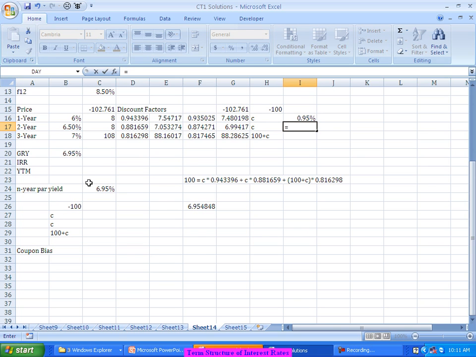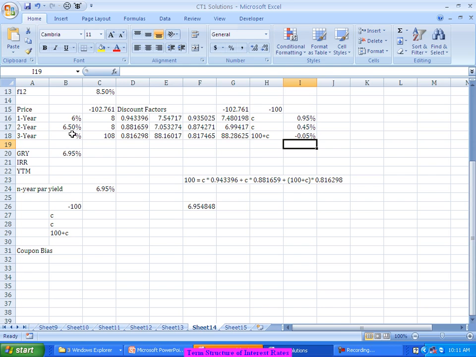For 2 years, it is going to be 0.45%, whereas it is going to be negative in case of the 3-year scenario. So this is what we call as the coupon bias. So we have to be slightly comfortable with these kind of calculations associated with the N-year spot rates and the gross redemption yield, N-year par yield, and finally even computing the coupon bias also,